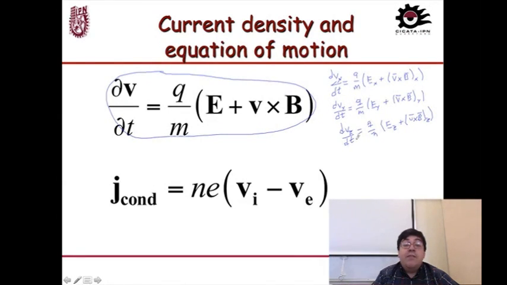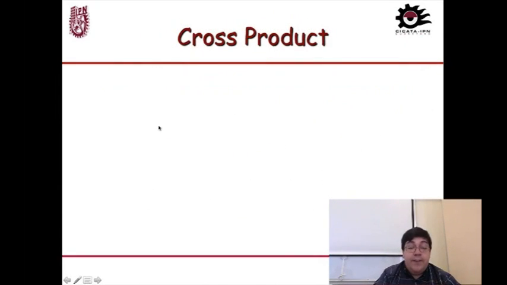So that equation that we have right there is actually three equations. Once we write down this equation for both ions and electrons, we can use these expressions for velocity. I'm going to get one expression for the velocity of the ions and another expression for the velocity of the electrons. And then I can take advantage of the fact that, just for the sake of remembering things, for those of you who